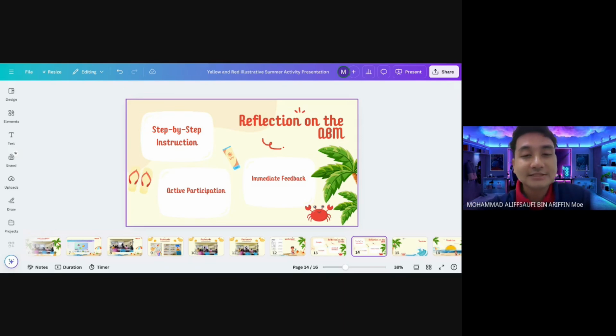Okay. And next will be the reinforcement and motivation. So positive reinforcement through praise and encouragement motivated students to stay engaged and take risks. For example, in my micro teaching, I say okay, good job, and then I will ask the others to clap hands to give them a round of applause if they answer it correctly. Even if they answer it incorrectly, we still give them a round of applause